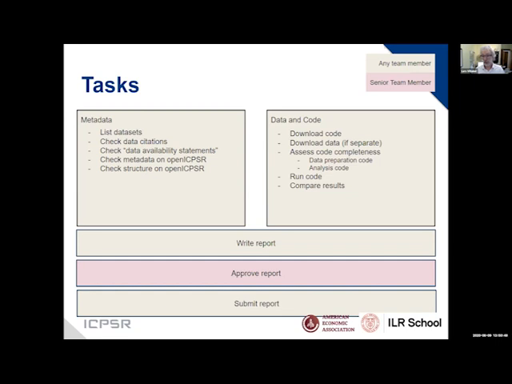We check data availability statements. Open access data is you can simply click on it and download, but that's not the norm. Even on some issues, like if you're using an ICPSR data set, you actually have to register, you have to agree to comply with all the rules. You might need to apply to confidential data. That's the data availability statement. And those are not always very clear. Sometimes you access the OECD database and you have to type in some search words, and you can't reference the output of that. You have to describe the process of doing that. That's a data availability statement, and we check that we can actually figure out where the data comes from.